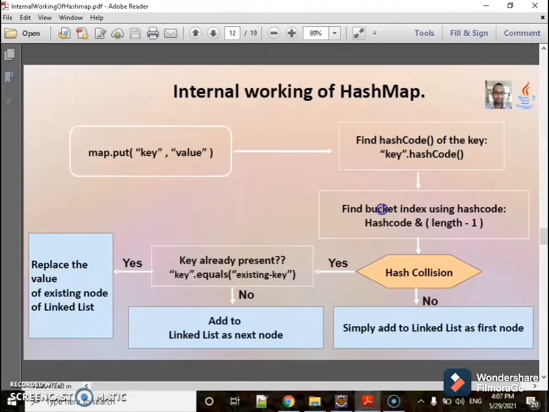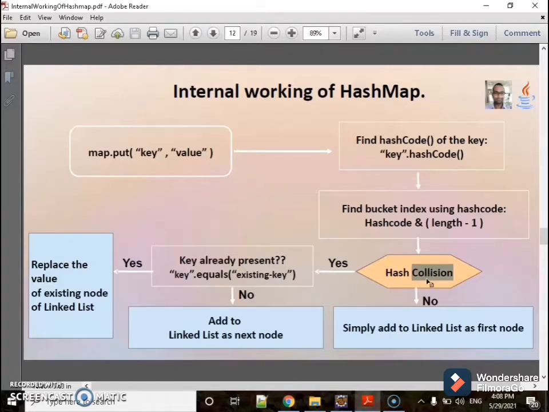Once the hash code is calculated, it tries to find out the bucket based on the length and the hash code by using the bitwise operator. Then it finds the bucket index. Once the bucket index is found, it checks whether entries are available in that index.